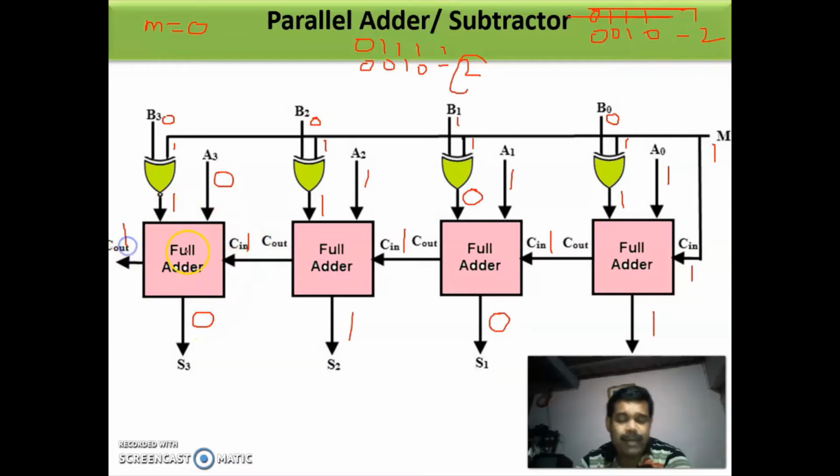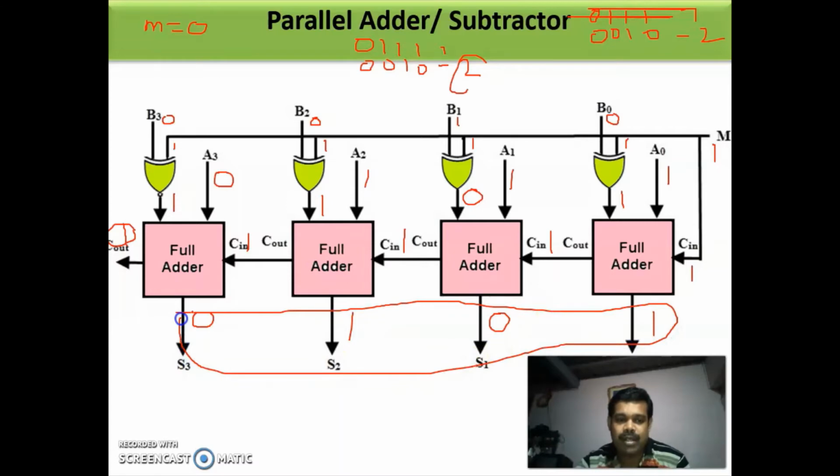So here you are performing 2's complement. Since you are in 2's complement, if you are getting a carry, you have to discard it. So the value you are getting is 1 0 1, which is 5. So 7 minus 2, that is 0 1 1 1 minus 0 0 1 0, we are getting 5, 1 0 1. So the circuit is performing both addition and subtraction. When M is equal to 0, it is performing addition. When M is equal to 1, it is performing subtraction.